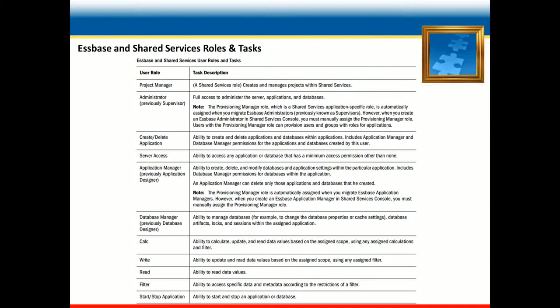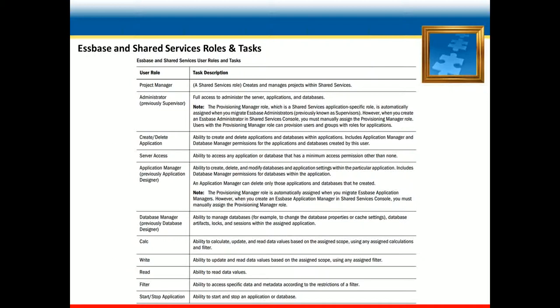As I said, project manager is a shared services level role which can create or manage projects within shared services. A user having this role will have the authority to create and manage projects in shared services.